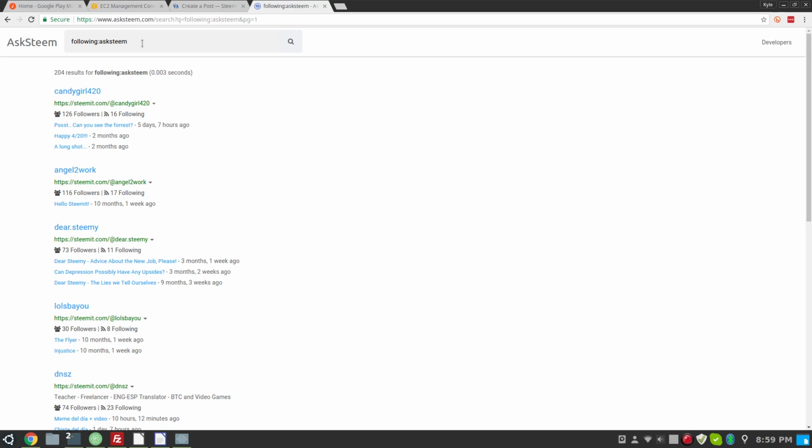However, because we do now have this functionality, there are a number of new query types that you can use. The first one you've already seen. By using following: or followers: and then a username, you can find all of the users who are following or are being followed by any given user. So for example,